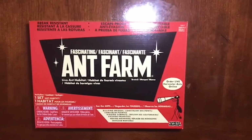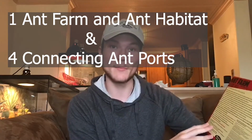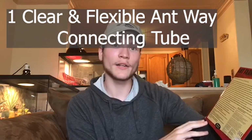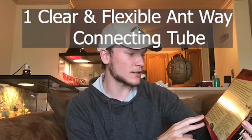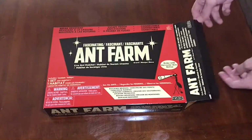Alright guys, so this is the ant farm here. It is from Uncle Milton. On the back here it says everything included, and that is 1 ant farm and habitat with 4 connecting ant ports, so that's really exciting. 1 base, 2 bags of clean tunneling sand, 1 tunneling starter kit, 1 clear, flexible Antway connecting tube, and finally 1 ant watcher's manual. It also does say here, order live harvester ants online, and that we mail the ants. So I'm really excited. Let's open this up, see what it looks like, and we'll go ahead and order those